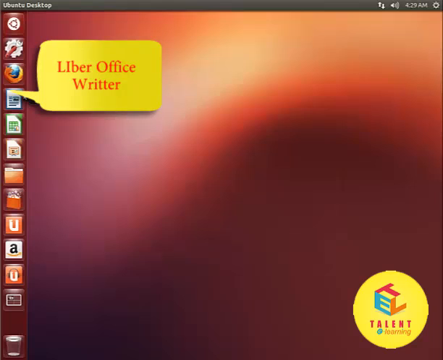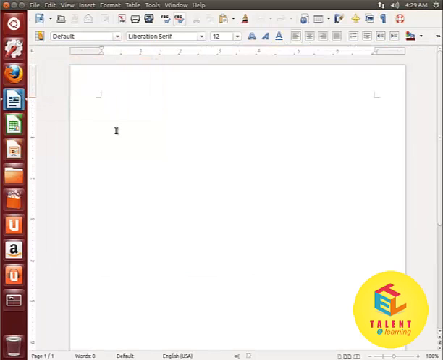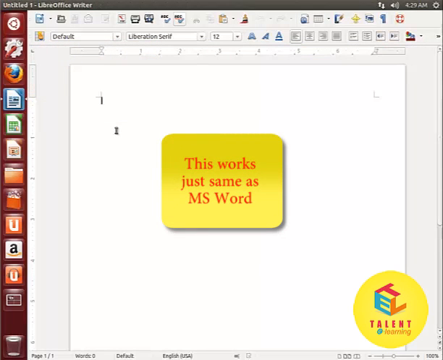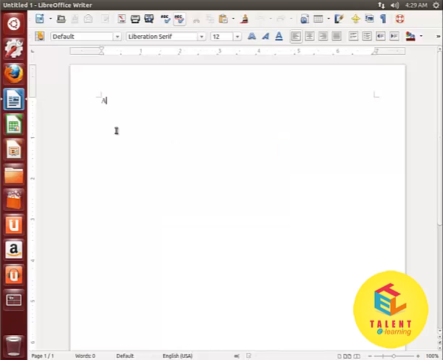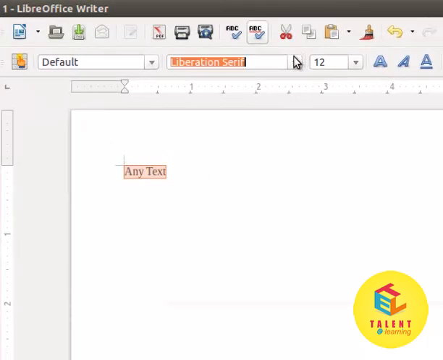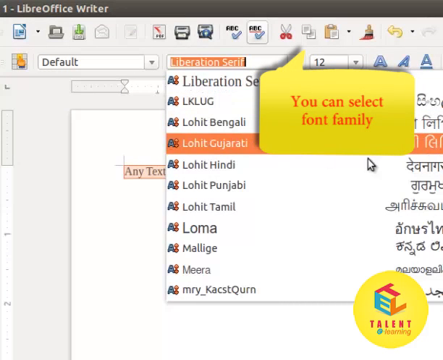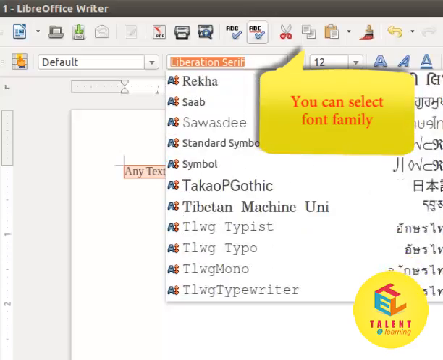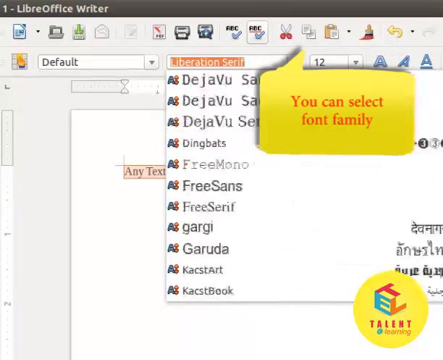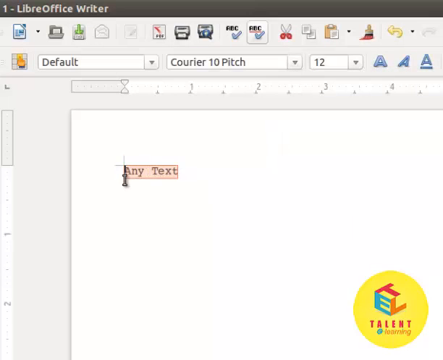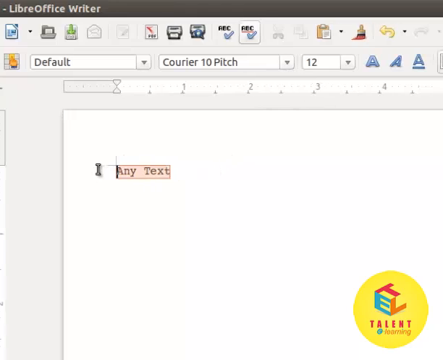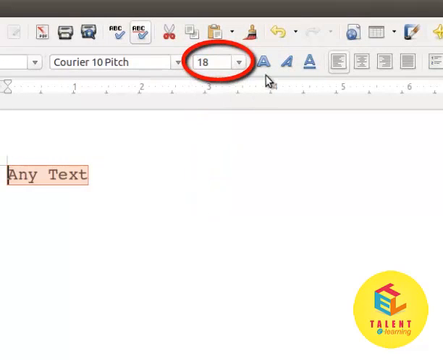This is LibreOffice Writer, which works almost the same as MS Word. You'll find it very familiar if you know MS Word already. You can type in any text, and then by selecting that you can actually format it according to you. It supports UTF-8 encoding and different text encodings. This is how easy it is to format any text,